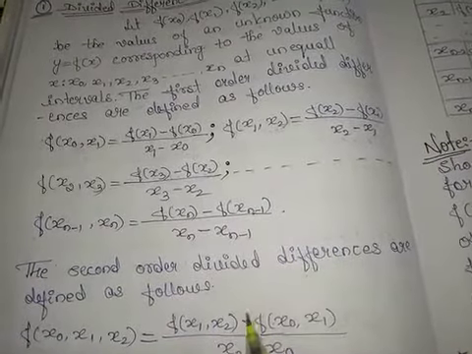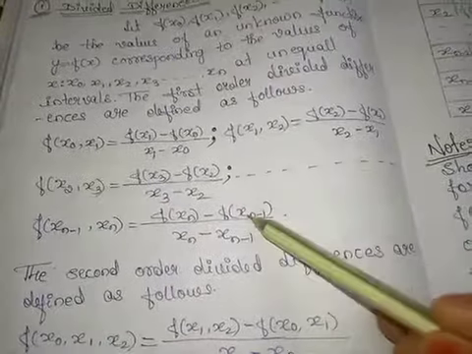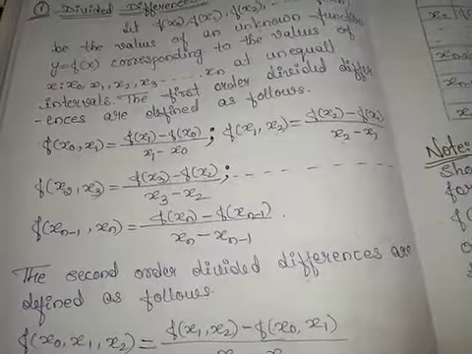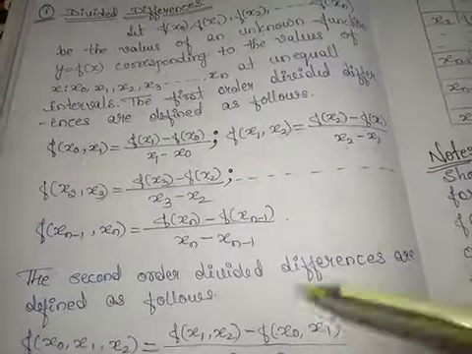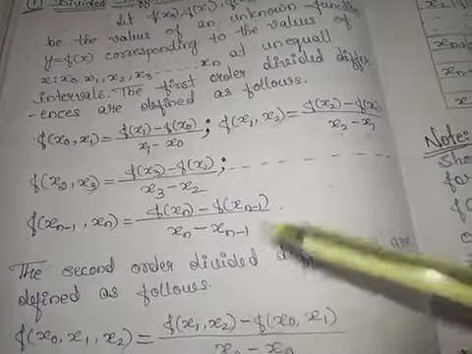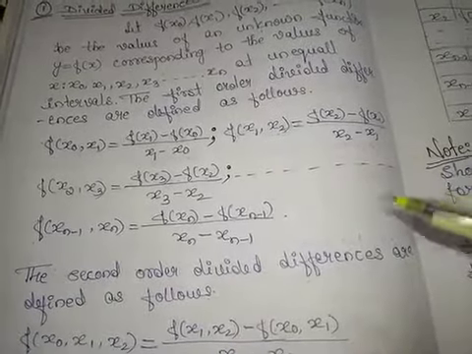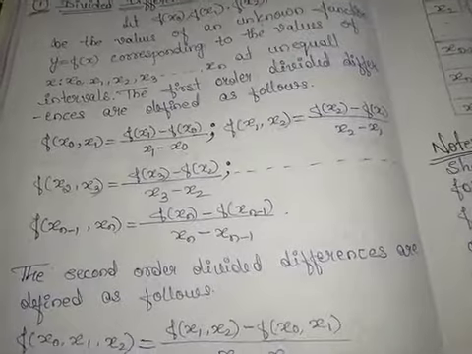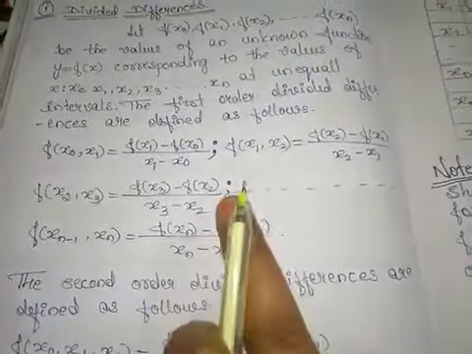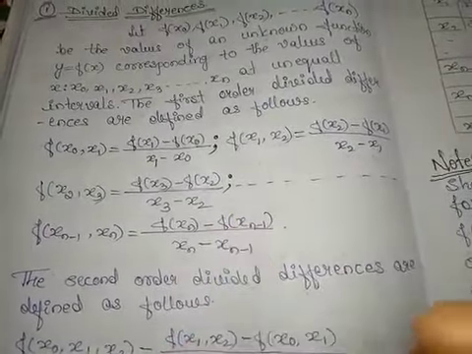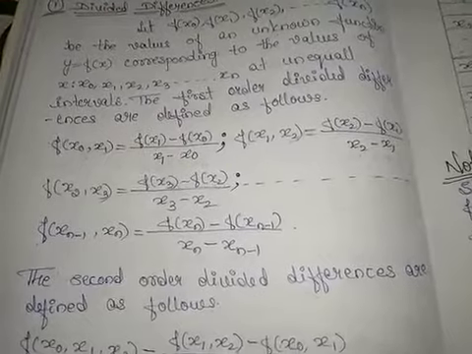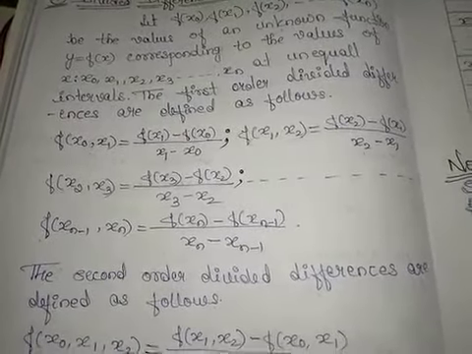These are the formulae to find the first order divided difference. First order divided difference means these are the formulae to find the values for the first column in the difference table. In the table, our first column is for x values, the second column is for y values. Then we get the first difference, second difference, like that. These are the formulae to find the third column, that is the first divided difference column. You will understand when we go for the divided difference table.